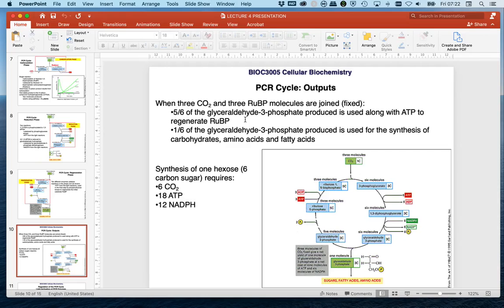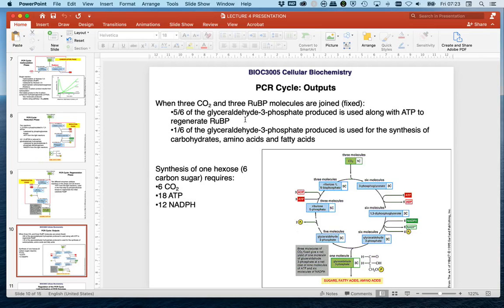So putting this pathway together and thinking about it in context as far as using atmospheric CO2 to make carbohydrates, we have to think about how many CO2s are put into the reaction and then what comes out of those reactions. So when we see 3 CO2 molecules being joined to 3 RuBP molecules, in other words, when 3 CO2 molecules are fixed to 3 RuBP molecules,